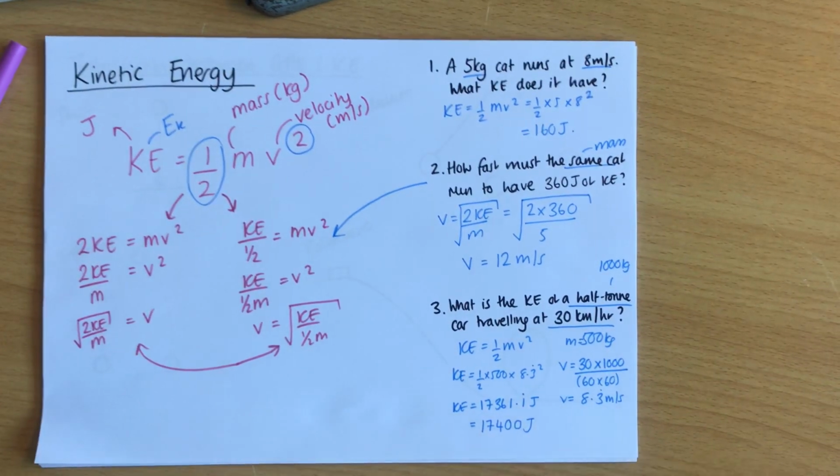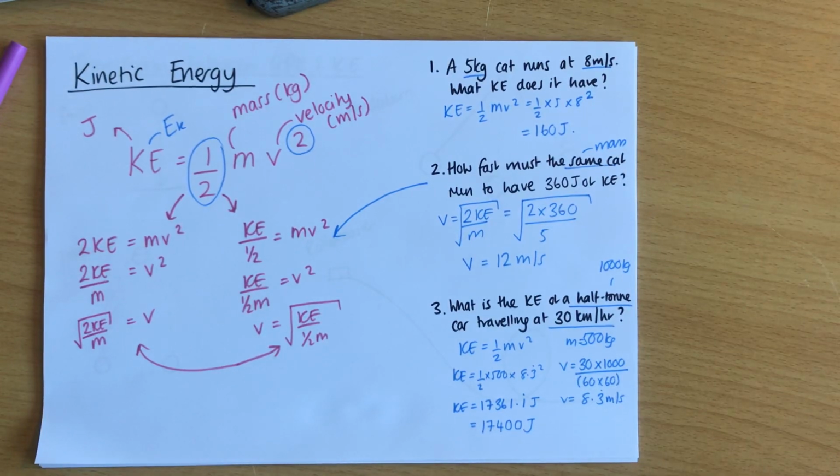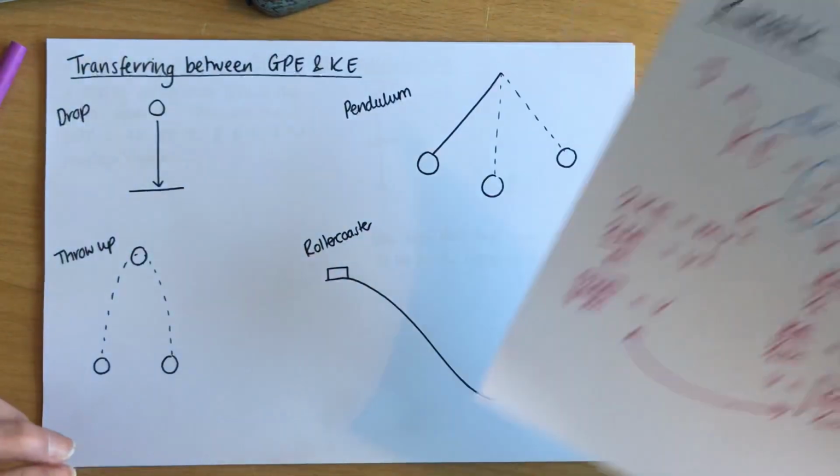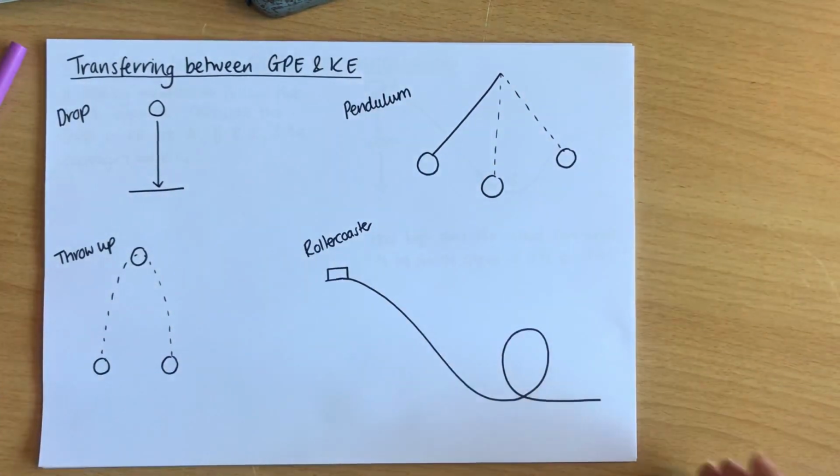So that's the basic use of kinetic energy and gravitational potential energy equations. You will sometimes get asked to just use them like that, but very often you get asked to think about how GPE and KE can transfer between each other. And there's some really